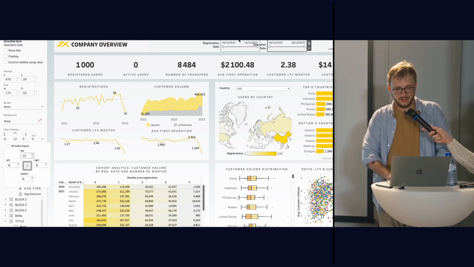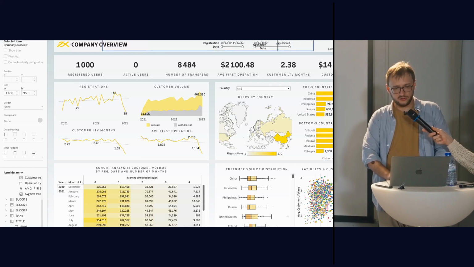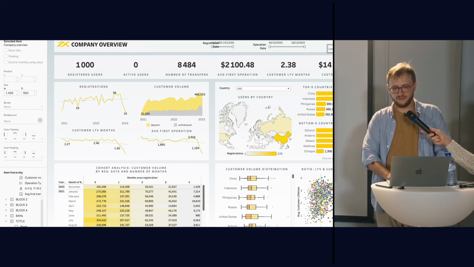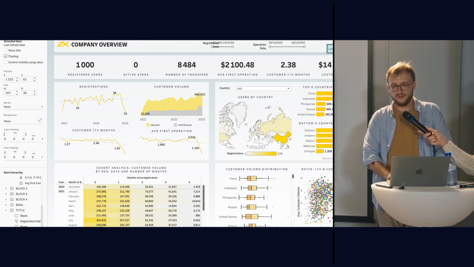Here we go. Now we need just to make some extra space for our signs. Also, there is something like an additional auxiliary last refresh date, and I wouldn't suggest placing it in this place, just because usually people expect some kind of a close button or filters, for example, in the corner. It's really good if it's something like here, like we can do it like a subtitle.